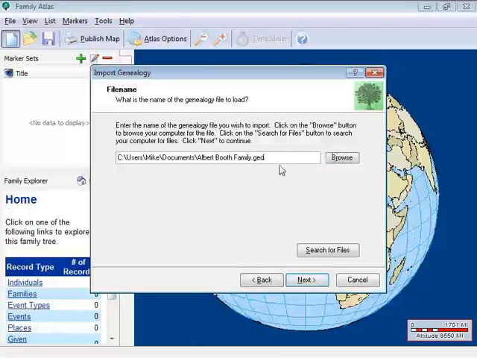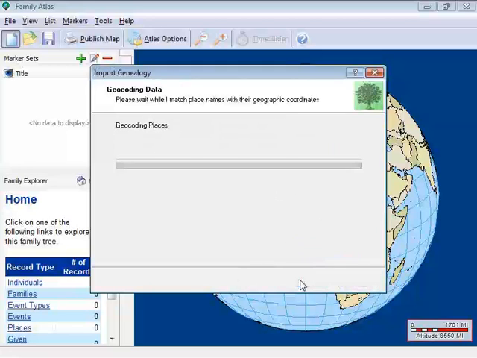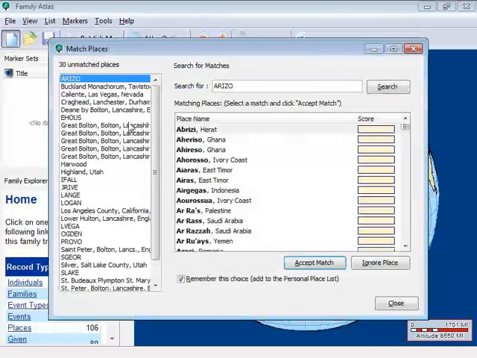Once I choose my GEDCOM file, if I'm not sure where it is, I could click Search for Files, and it would search my computer for all the matching files and present them in a list. I'm going to click Next now that I've chosen my GEDCOM file, and it loads it, and very quickly you saw it was scrolling through all of the places in my file,